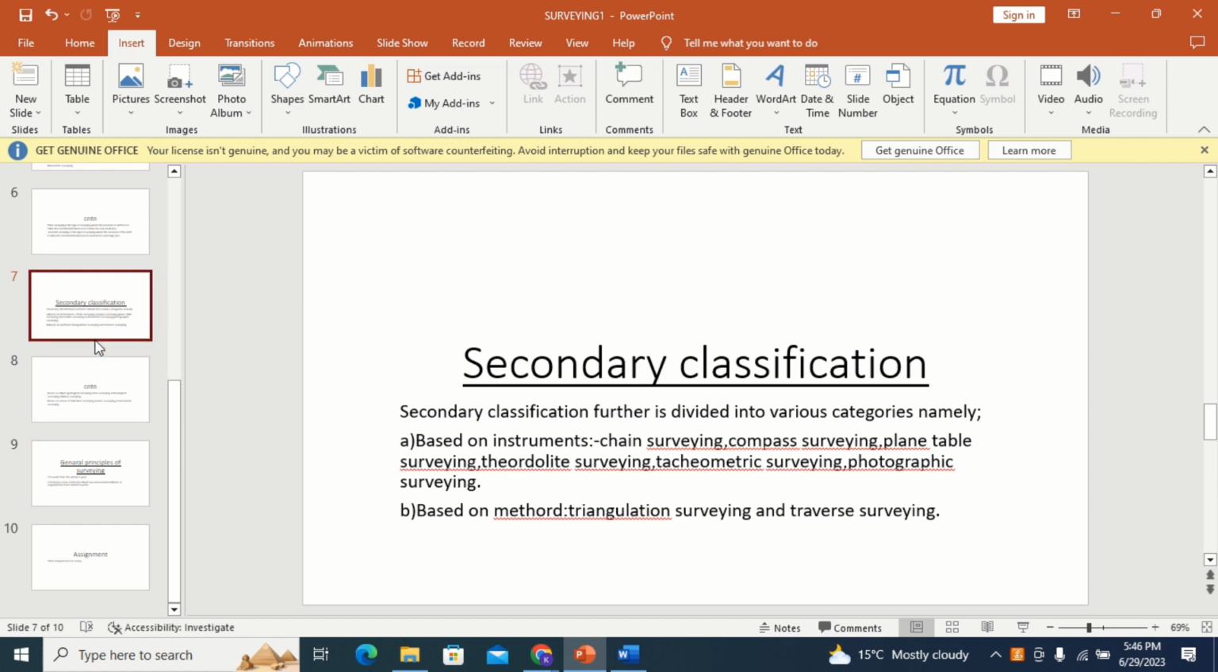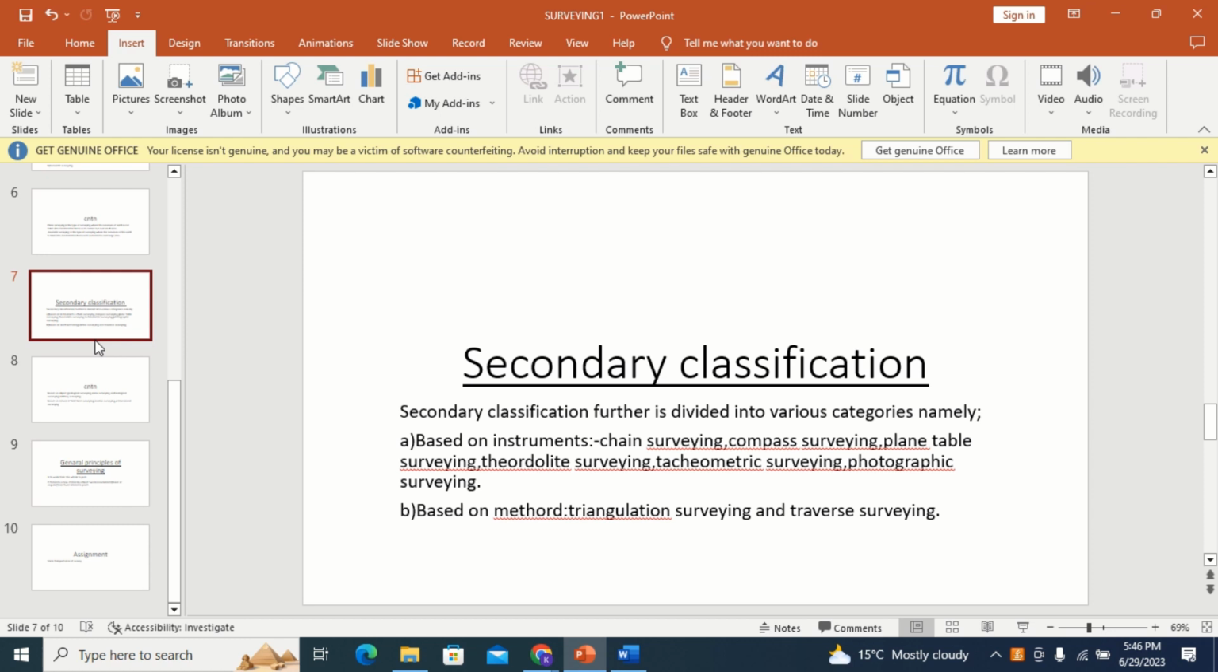And we have another type under secondary classifications, based on instrument. Under based on instrument, we have chain surveying, compass surveying, plane table surveying, theodolite surveying, tachymetric surveying, and photographic surveying. In our module 1, the next topic will handle chain surveying. Compass, plane table, theodolite, tachymetric, and photographic we will handle in our last module, which is